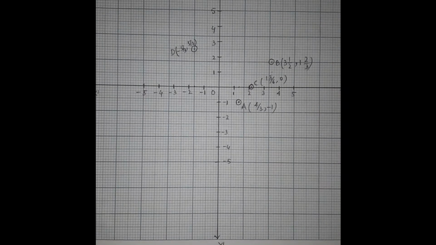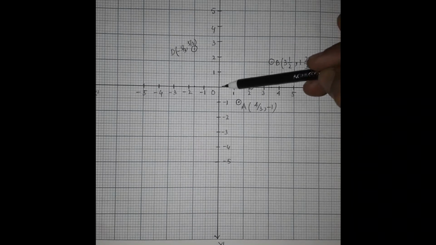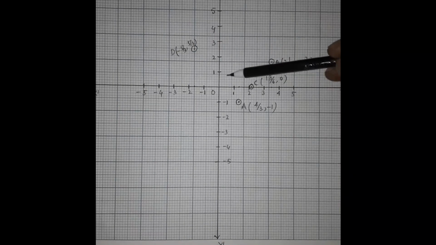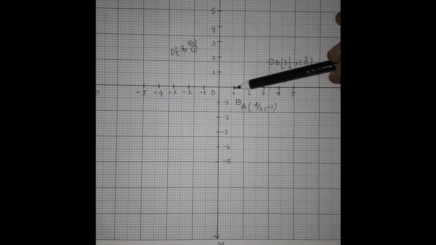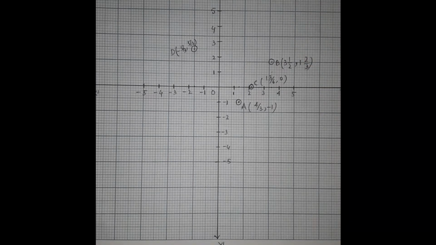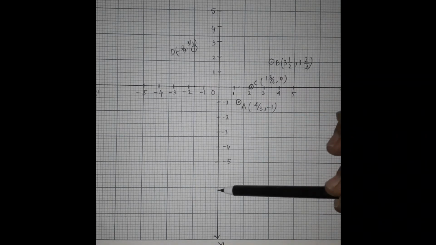Now let us check how to represent in a graph paper. Since the LCM is 6, here my scale is, I am considering the 6 boxes as 1 unit. That will help me to plot the point accurately. Each box is 2 mm, so my scale is 12 mm equals 1 unit. So I am representing the numbers on the axis.